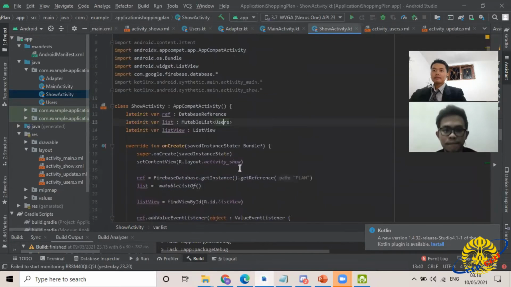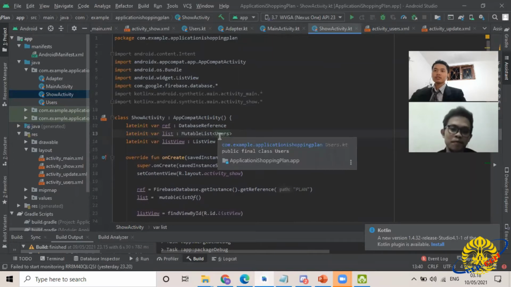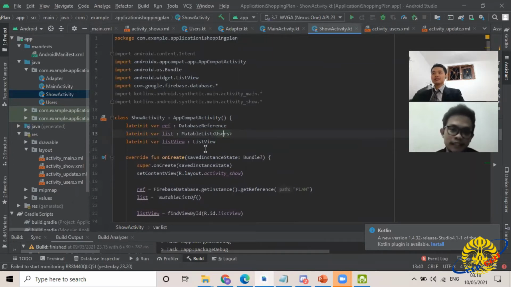Okay, my friend Thomas will explain to you the user activity.kotlin.